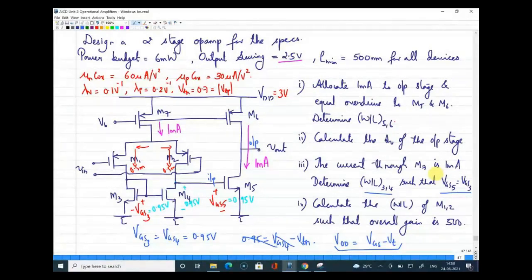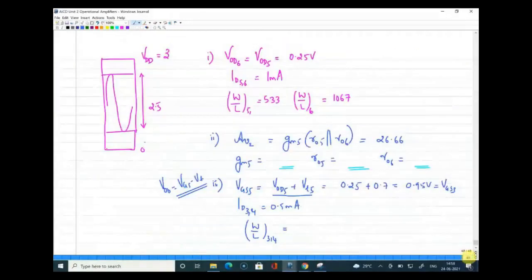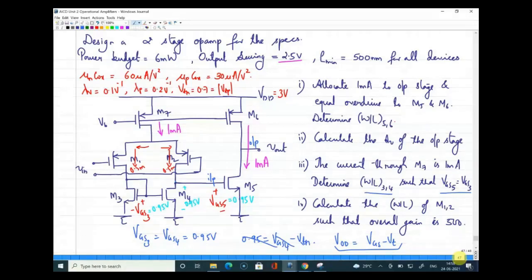So basically, we're not sure whether M4 is at the edge of saturation or deeper into saturation, right? But we took VOV of M4 equal to the VDS, even for calculating the M3 value also. So how can we do that if we're not sure it's at the edge of saturation? If the condition is not given, then in this case, with the condition only, I have taken that the transistor is deeper into saturation.